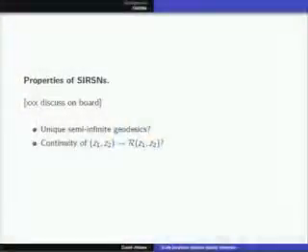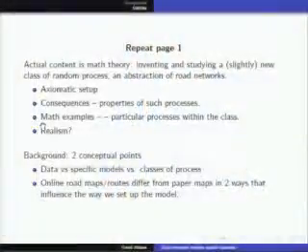I'm running out of time, so I'll take 1 minute. That's my last thing. People paying attention to the logic of what I'm doing will have noticed that I've defined a class of problems, but not shown it's non-empty, a class of models, but not shown it's non-empty. I've written down a bunch of axioms, and we can prove things from the axioms, but there better be something that actually